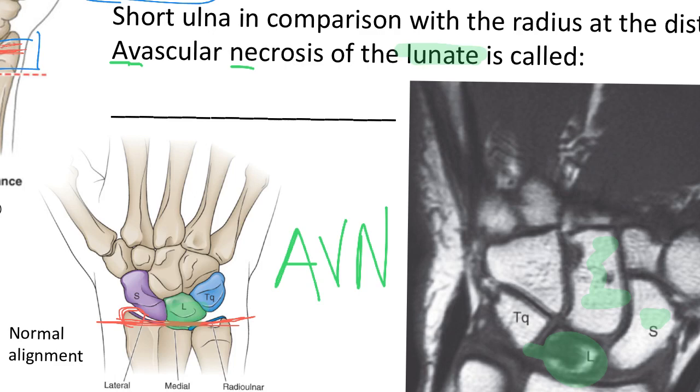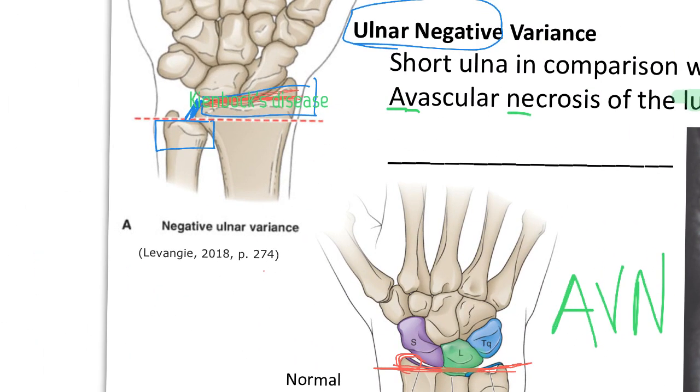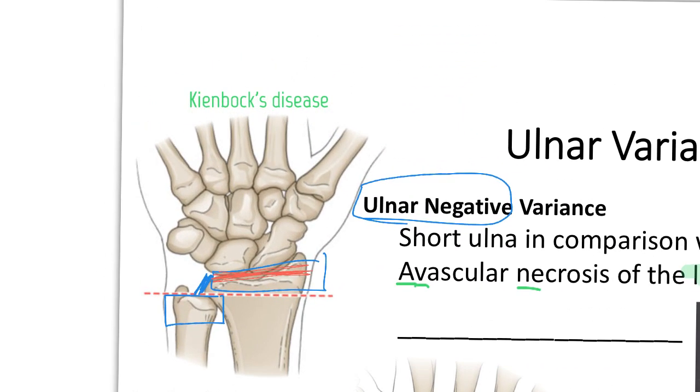So let me type this in here. Alright, so I got that typed in here. Kienbock's disease is what may occur with that. So you may be thinking, so what's the treatment or the correction of that? Part of that is going to be more of a structural alignment, in that if you have this situation here with Kienbock's,